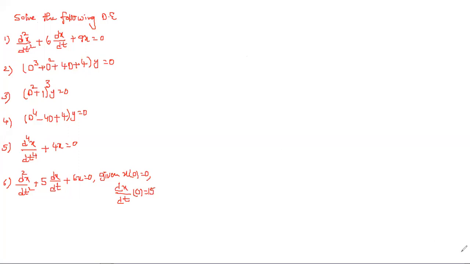So if it is a nth order or based on the order, first we need to write the given differential equation in operator form. So after writing operator form, you need to compare that one with f of d into y is equal to 0. And next, immediately for finding complementary function, first we have to write auxiliary equation f of m is equal to 0. It means simply we have to replace in place of d as m. And next we may get the equation in terms of m. You have to find the roots.